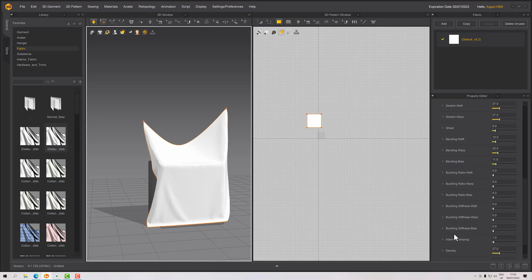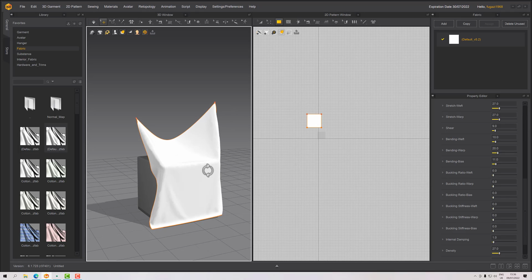Now the buckling stiffness, I haven't had much effect with. I just can't see what it's doing. It's meant to be working on the corners, but even then I haven't been able to reproduce a simulation that demonstrates it sensibly. So it's something I don't really use at all. Whereas the buckling ratio is basically how much force is required to